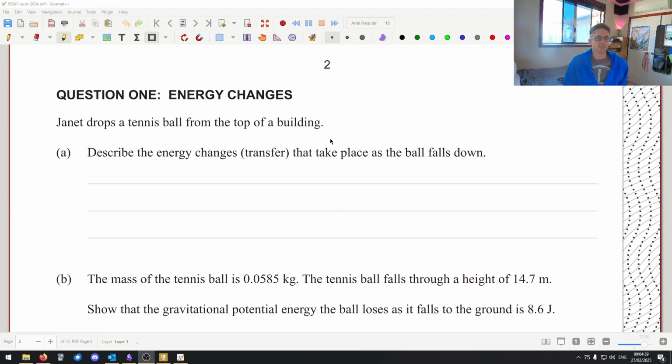So we've got Janet drops a tennis ball from the top of a building. Describe the energy changes or energy transfer that takes place as the ball falls down. Keeping in mind that this falling down